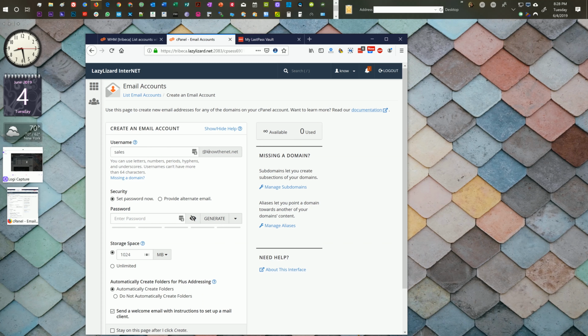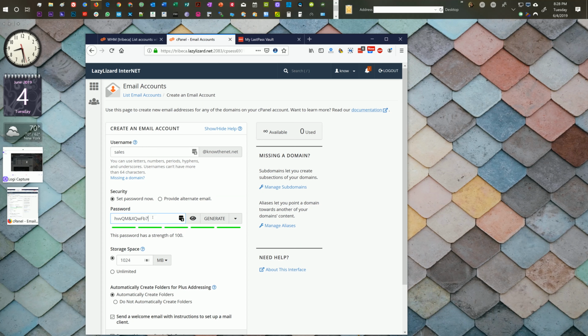If you have more than one domain name with your account, you can click a drop down here and you can choose whichever domain you want to use. All right. So for password, I am going to use the cPanel generated password, which actually does not always give you the most secure passwords, even though it says it does, but not really. And I'm going to copy that, use that,